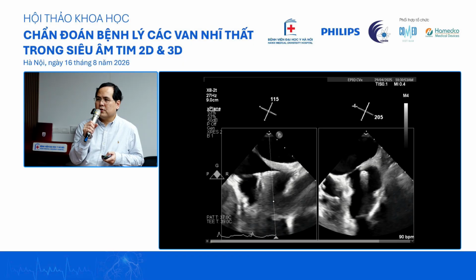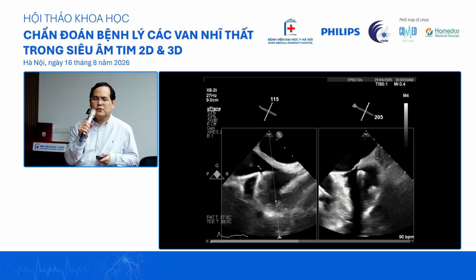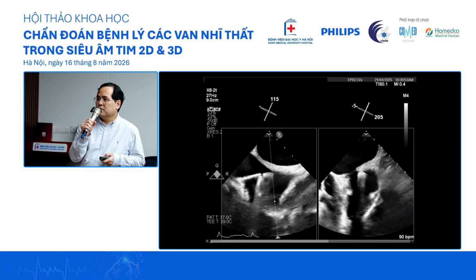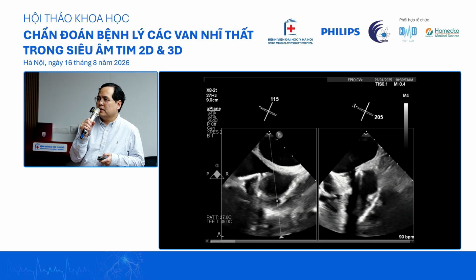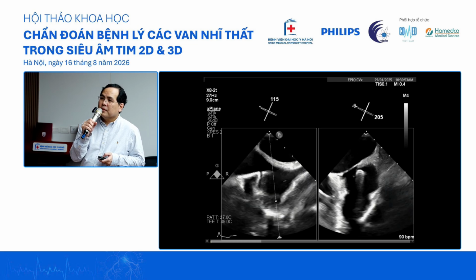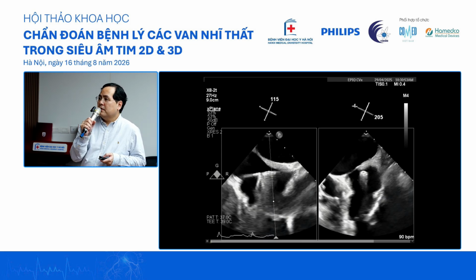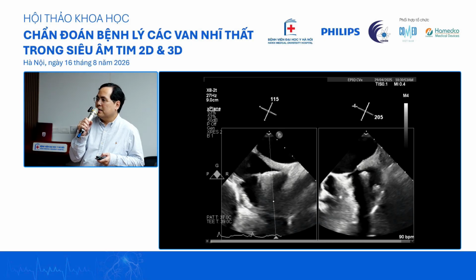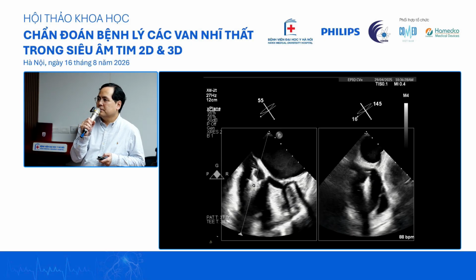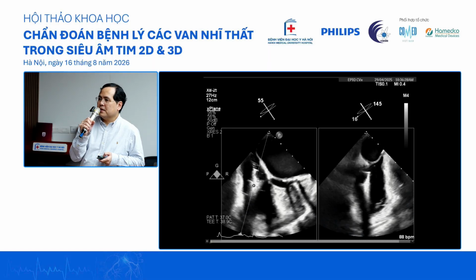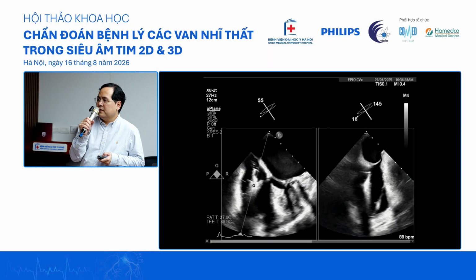Okay, so the good thing about TriClip is we don't need to do a transseptal puncture, so it saves a lot of time. We just confine to the right chamber. So we usually look at the clip arms alignment at the bicaval view. Okay, and then you can do an X-plane. You can see where the clip arm is. Then after that, you can see the clip is actually very well aligned between the leaflets.